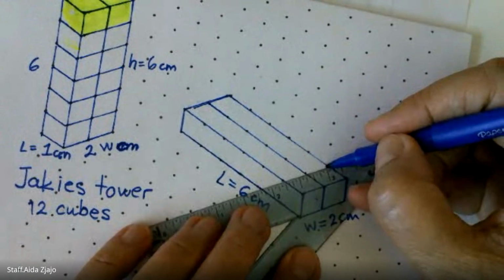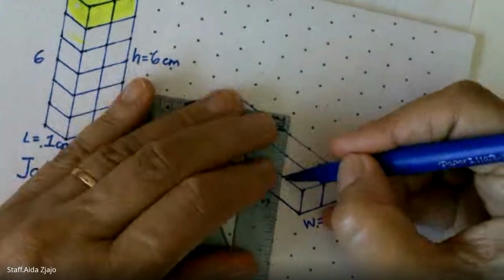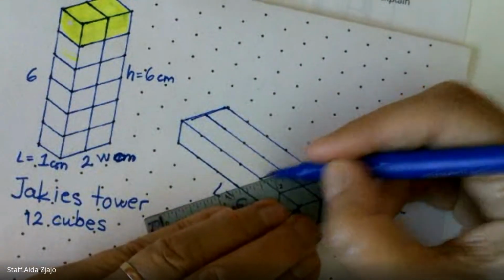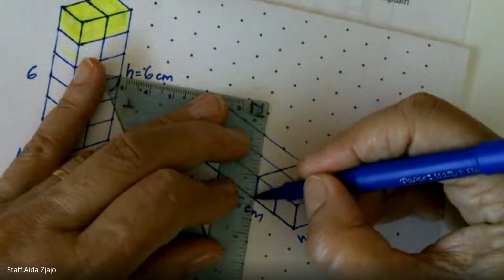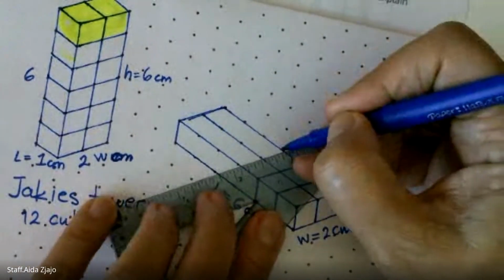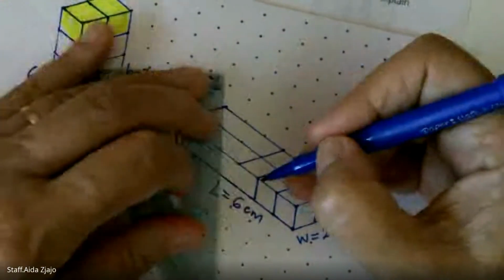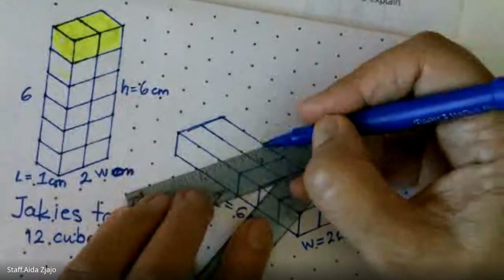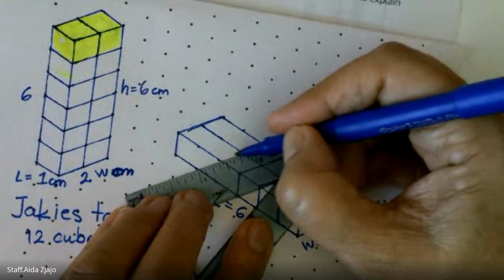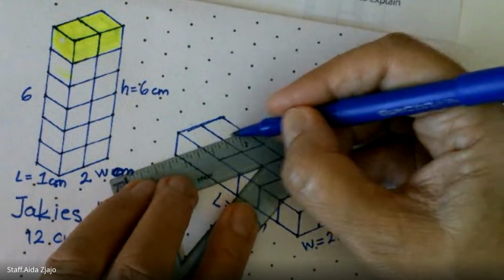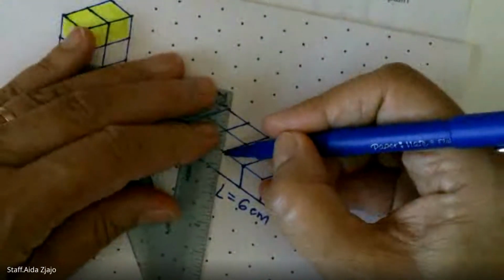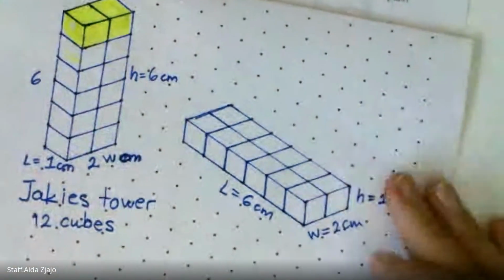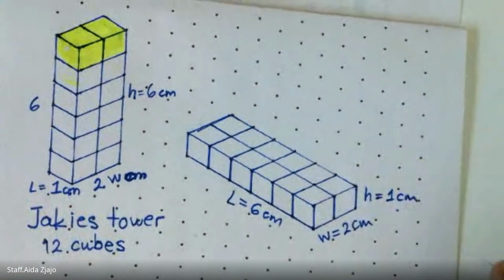Let's create that. If I come to this grid paper, it is very useful if you need to draw shapes or 3D. So as you can see,